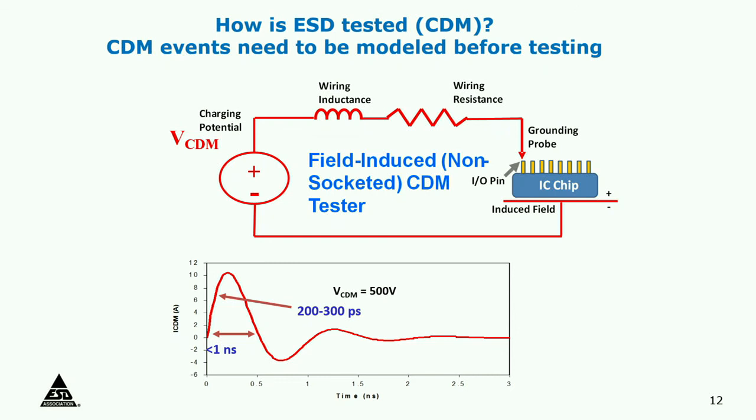But notice this pulse is very different from the previous one. It is much higher current, but very short time. It's only less than a nanosecond, and it's a much sharper rise time, 200 to 300 picoseconds. Although the energy under this curve is lower, but what happens is when you have such a sharp